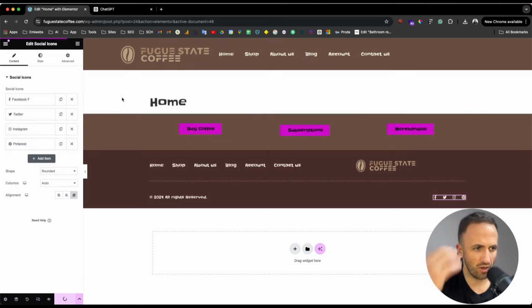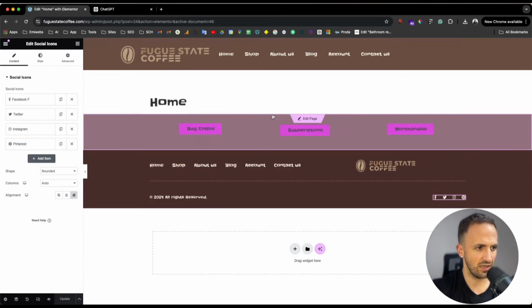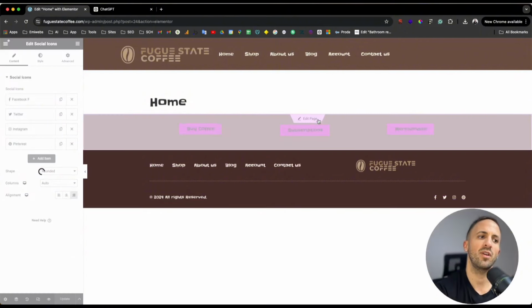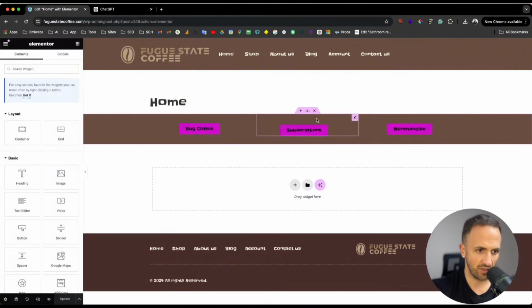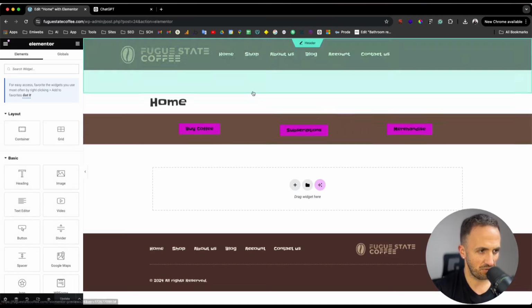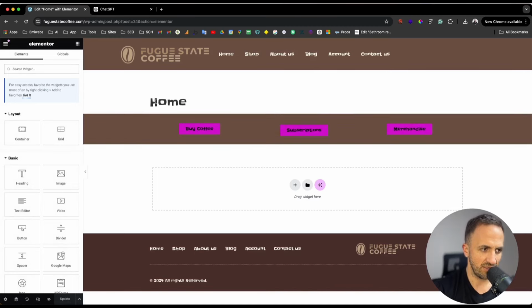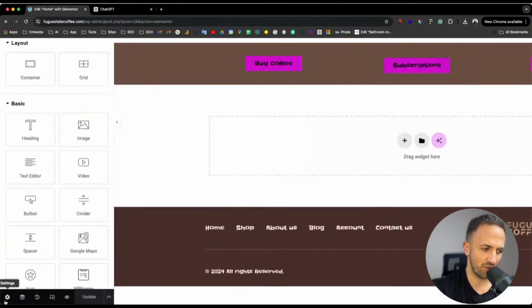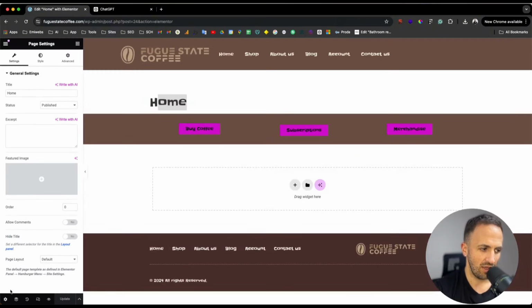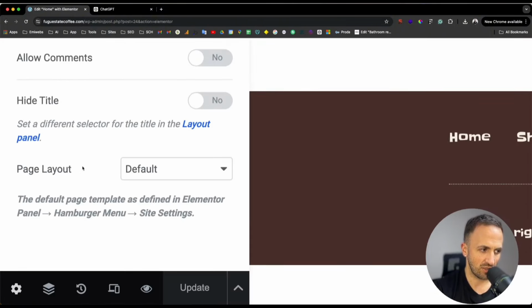So I'm just going to keep going with ChatGPT and see now, as I already have this page, I can just go to the page, and I'm going to start building the home page, okay? I'm going to keep that for now, because probably it's okay. As you can see here, the home. You can change that if you go here in settings, okay? The page layout, sorry, page layout,